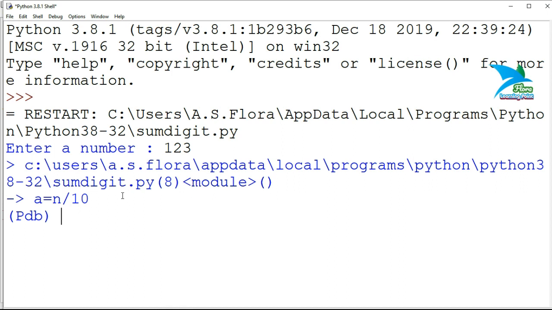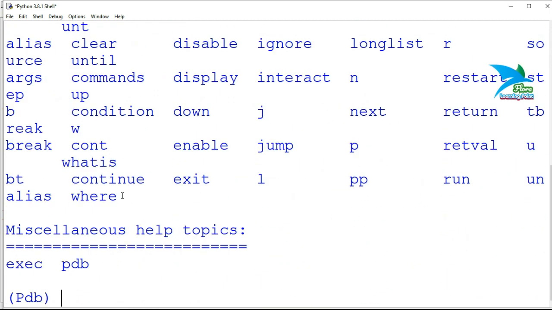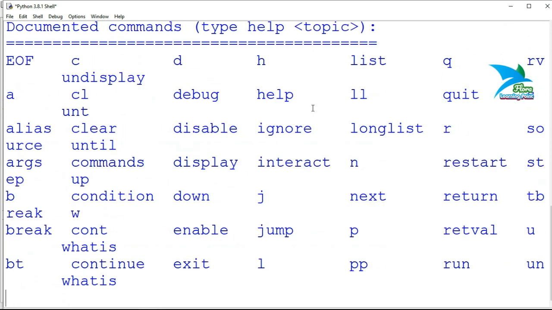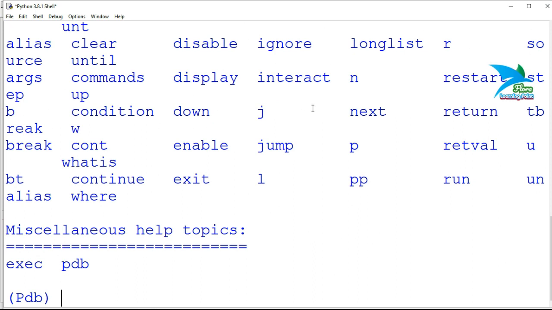The help command will display the list of all the debugging commands available in Python. So I'll write help and press enter without any parameter. When you press enter, it will show all the commands. So these are all the debugger commands available in Python, and you can even specify h only. If you type help or h only, that is one and the same thing. You can use the help command in two ways: just by typing help or h, or you can also use the help command by specifying the name of a command.